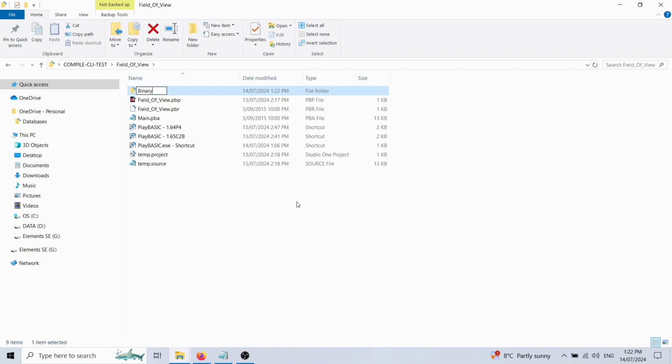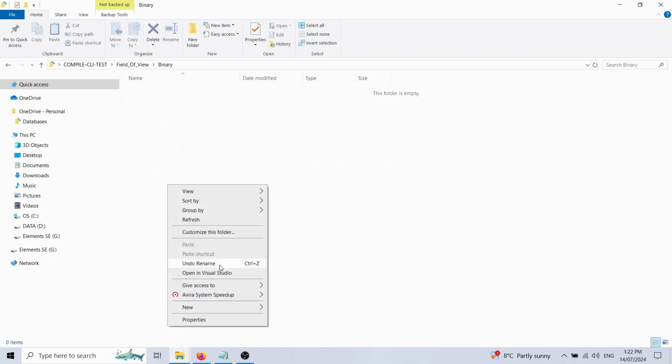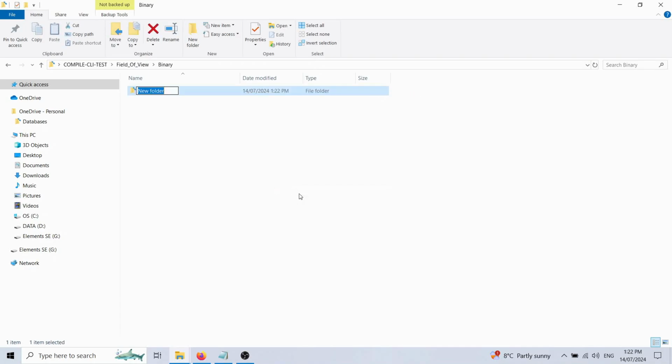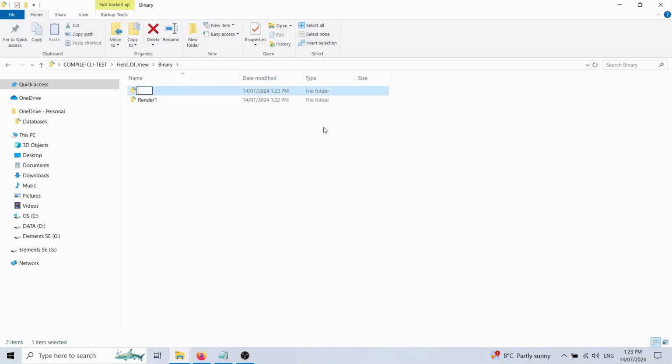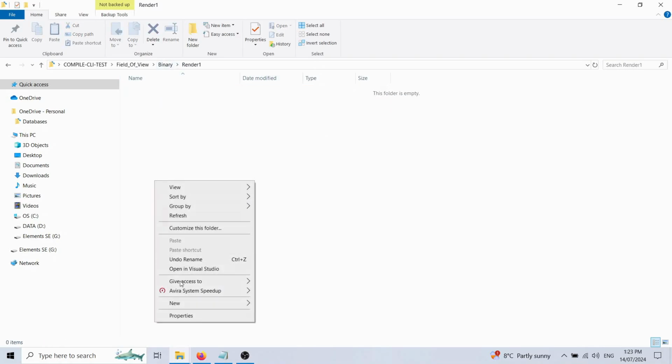Let's say we have a binary folder where our executables live, and then this could be render 1, render 2 or whatever. And we just have a for loop that runs through the binary folder here, and there'd be a file in here,